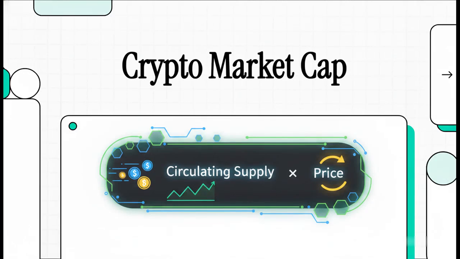Today, we are tackling something that literally trips up almost everyone when they first get into the crypto space. We're demystifying market capitalization. We're going to look at exactly why this specific metric, not the coin price, is the ultimate undisputed measure of a cryptocurrency's true size and power. If you want to actually understand what you're looking at when you pull up a chart, well, you're in the right place.